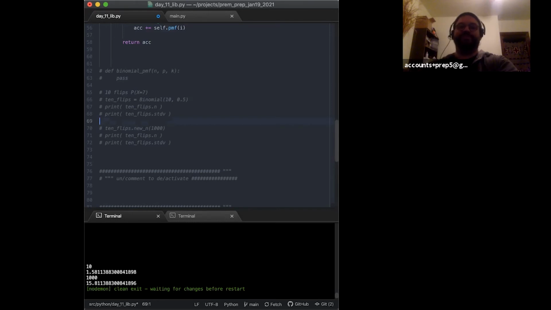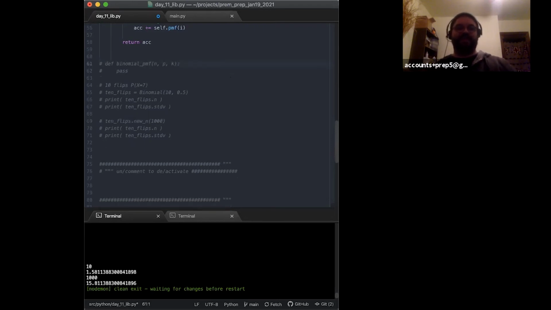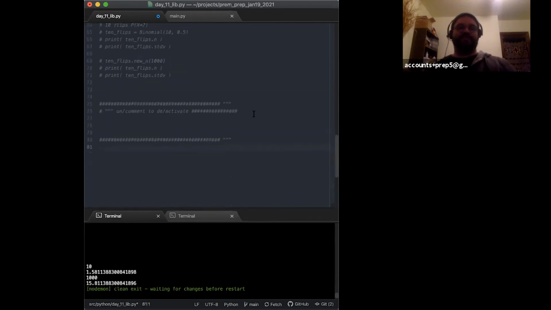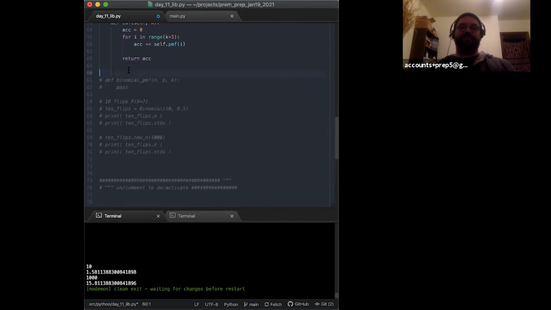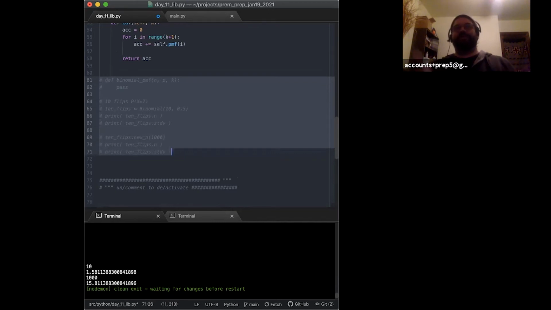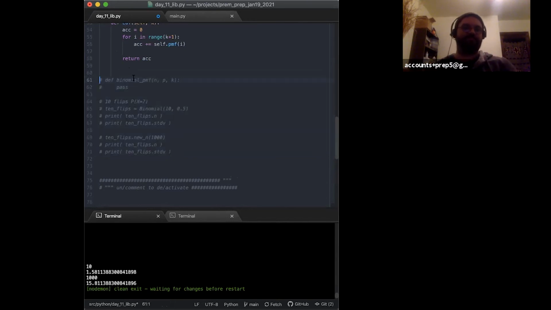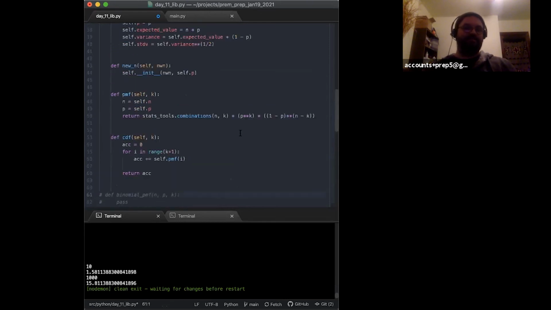You have to engineer that logic yourself, which might seem obvious or not, but I think it's worth saying either way, because if you come into object-oriented programming without knowing that, making the assumption like, oh, well, if I change the n, then the standard deviation has to change. Like, yes, but you have to tell Python to do that, right? So just so you're coming in with your eyes open, for context,